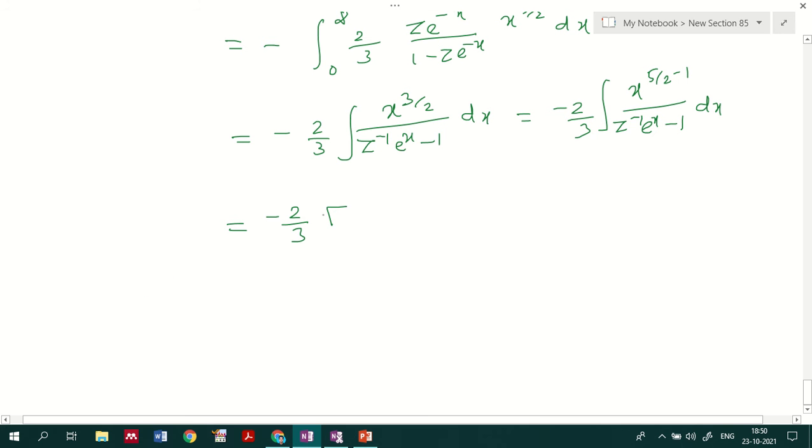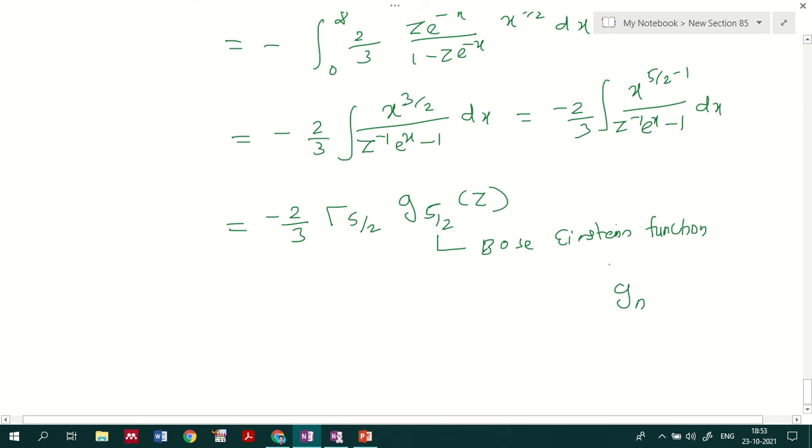We can represent this in terms of gamma function, that is 5 by 2, g 5 by 2 of z. This gamma function you would have already studied in your mathematical physics session. So this g factor, we rather call it as a, and here you can say this is a gamma function, and this is also a gamma function, but this we call it the Bose-Einstein function.